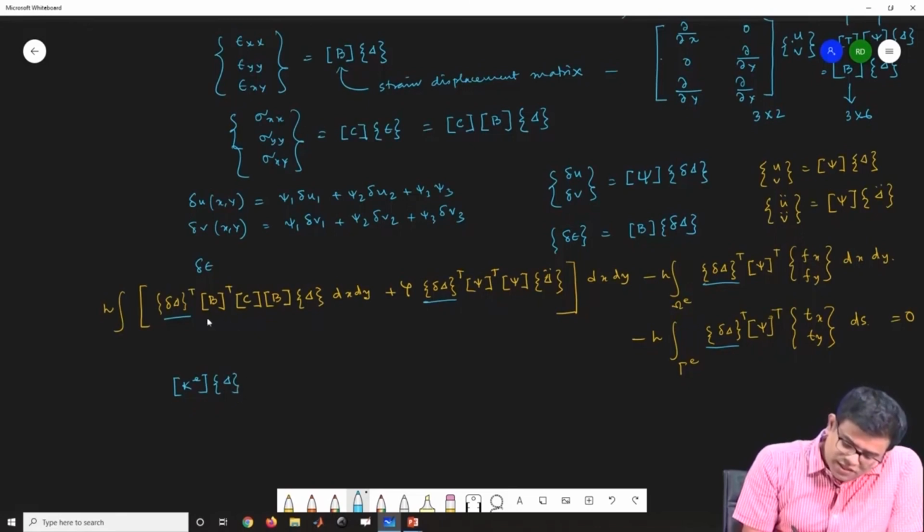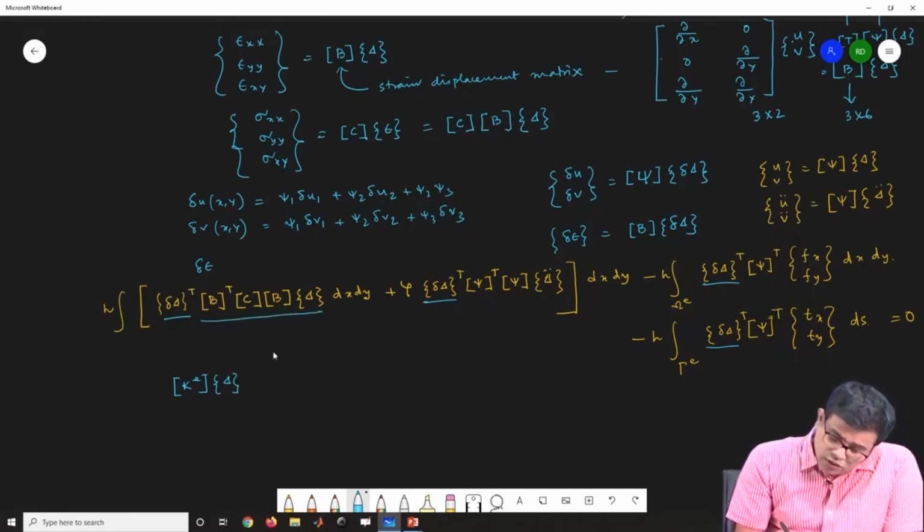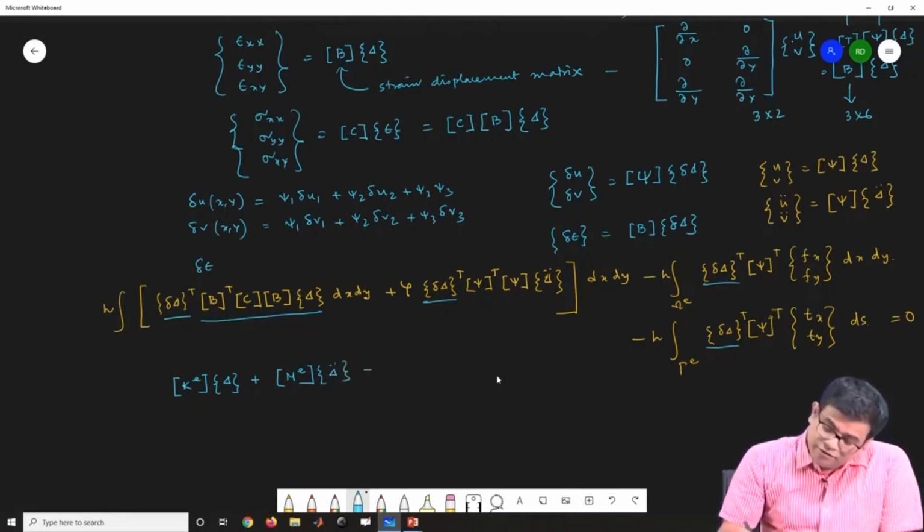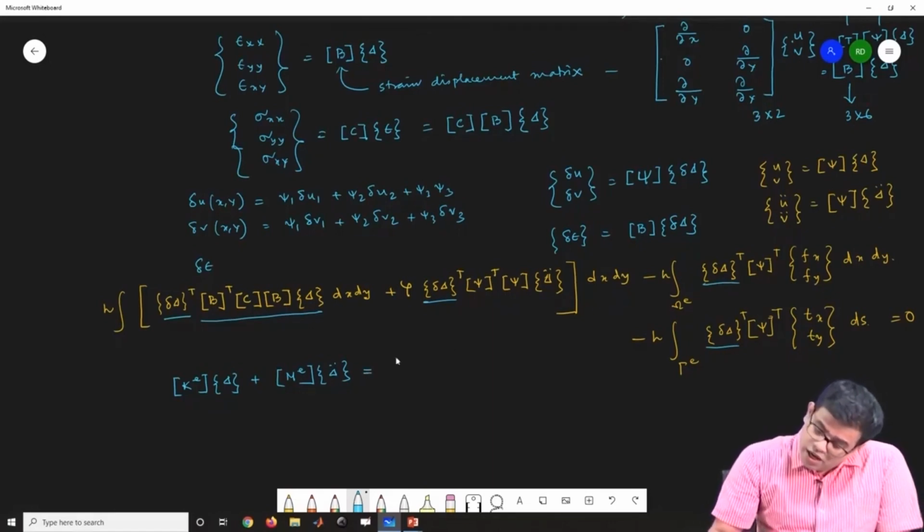So this is the first term, and remember delta is the nodal variable, and then what we'll have is rho H, or let me call it the mass matrix ME, and then you will have the acceleration term delta double dot, right? And then what we will have is your force vector,